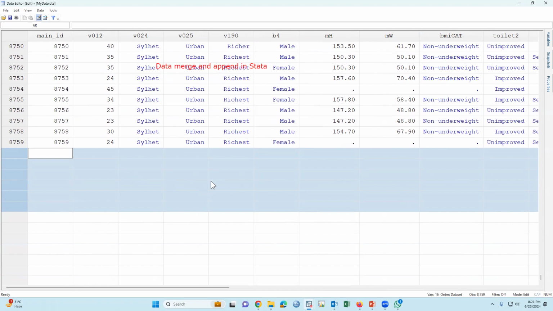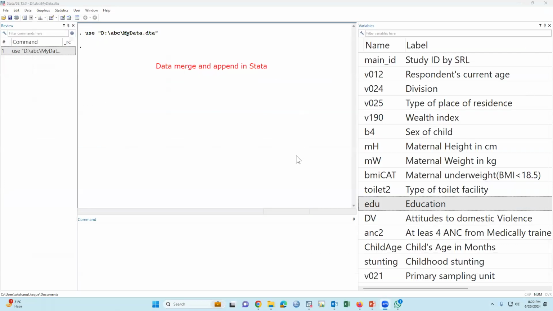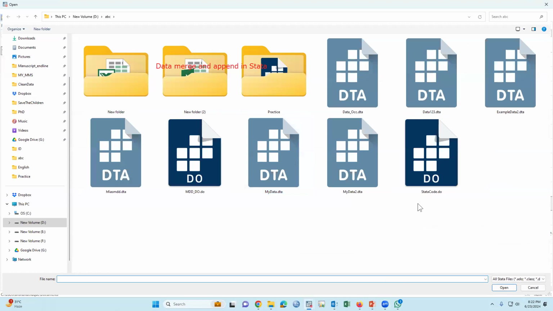So now we need three data sets. So please download three data sets from the video link. So another data set, for example, the occupation data set.